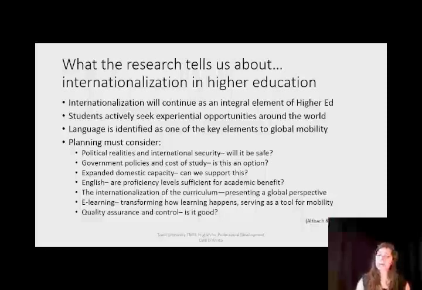Another consideration would be capacity and whether or not the institution can actually accommodate a larger student body or a new student body with an international perspective and international needs.